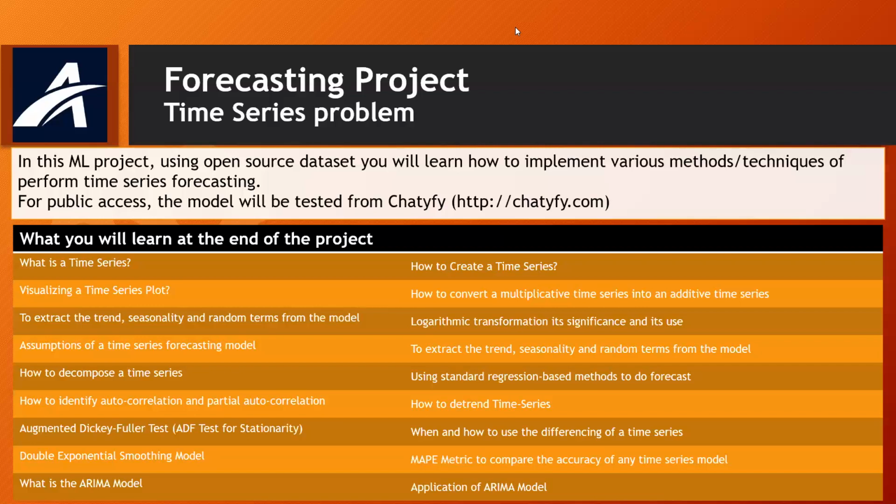How do we split, break down, or unpack a time series problem? How to identify autocorrelation, and what those are and what they mean. ADF, Augmented Dickey-Fuller test. What does that mean, and of what importance? What are some of the other test cases that we will encounter? Smoothing within time series. What does this mean? What are some of the techniques for smoothing?